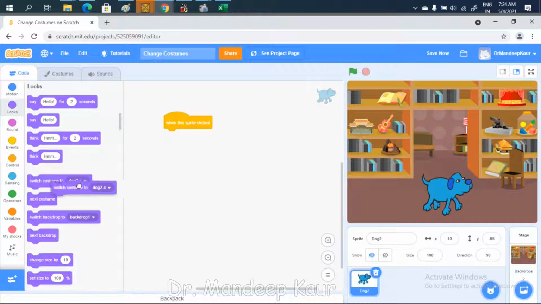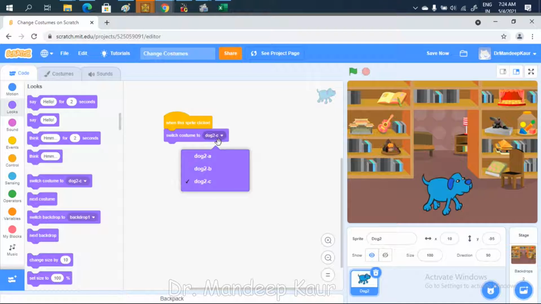Now I'll just select this, I'll put this, and here I'm having three options. So you can have dog like A, or you can have a dog like B, or you can have a dog like C. You can select any of the costumes for this option.